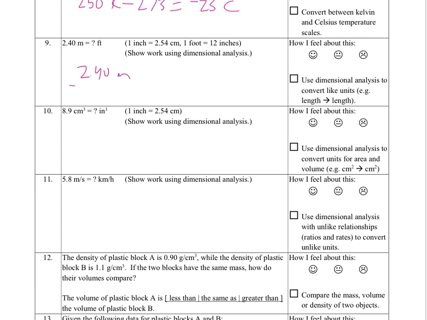2.40 meters. What they're giving me is a bunch of conversion factors there. I'm going to set this up. I need to get from meters to centimeters, then I can get from centimeters to inches, and then I can get from inches to feet. So I'm setting up my conversions there. So I'm going to have to use "kids have dropped over dead"